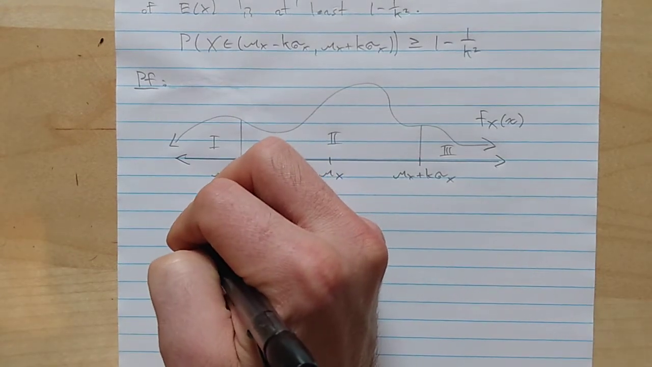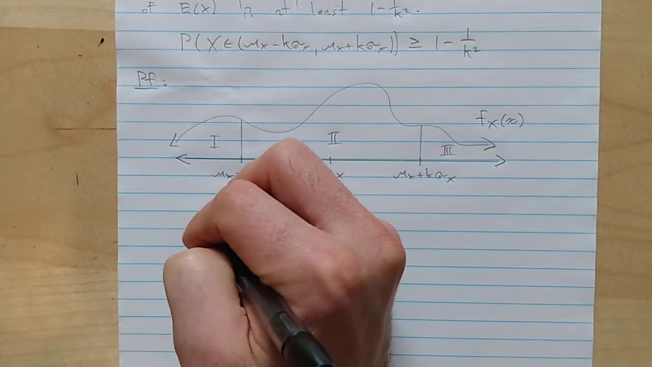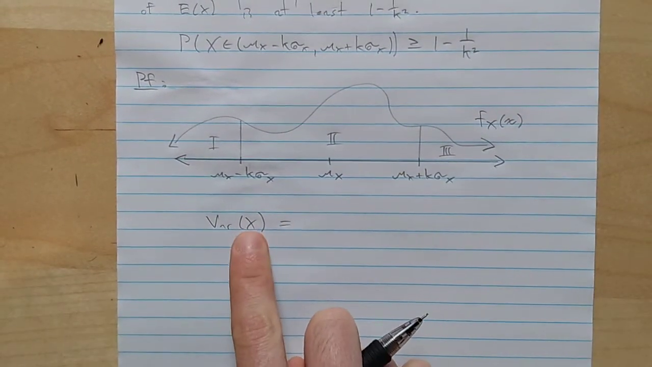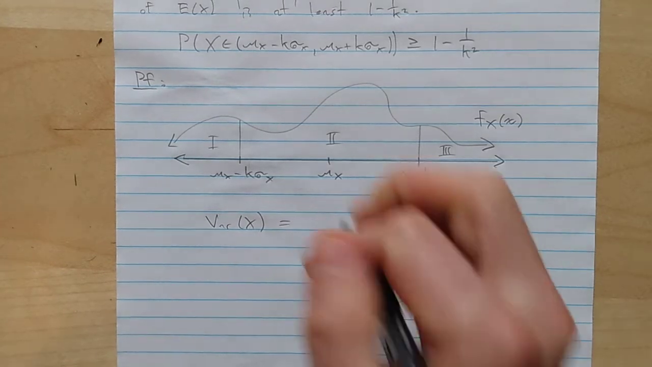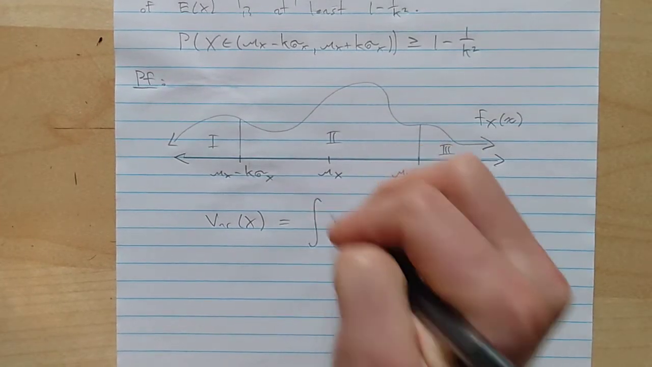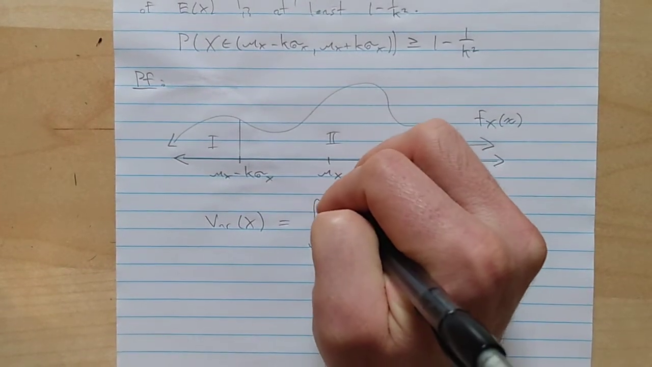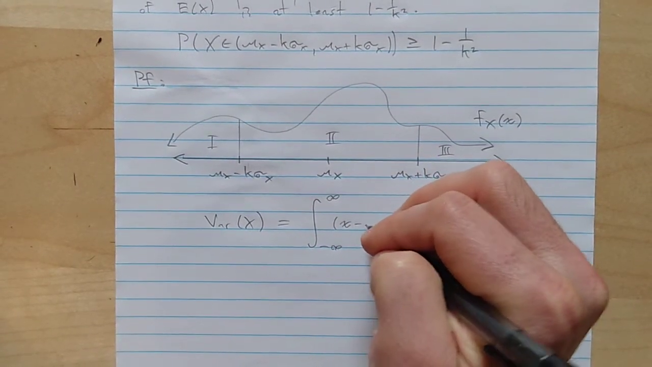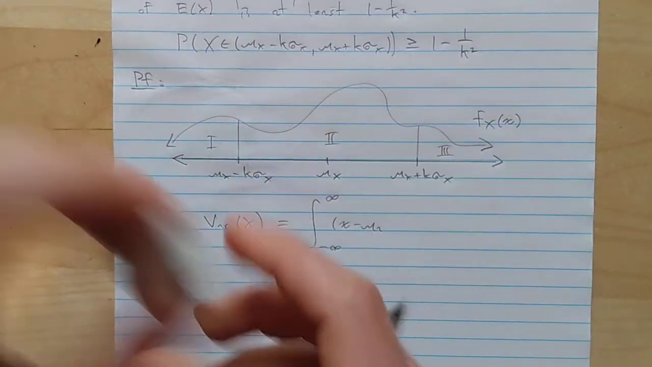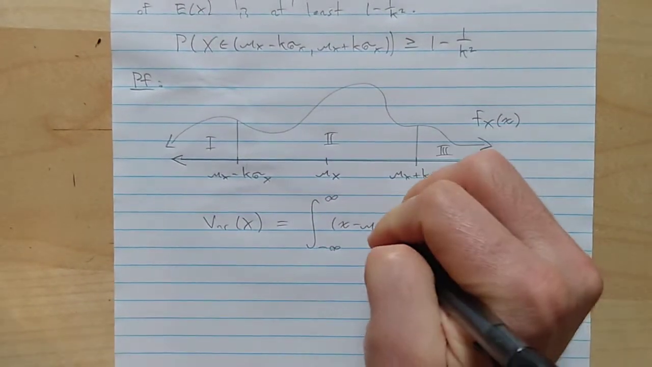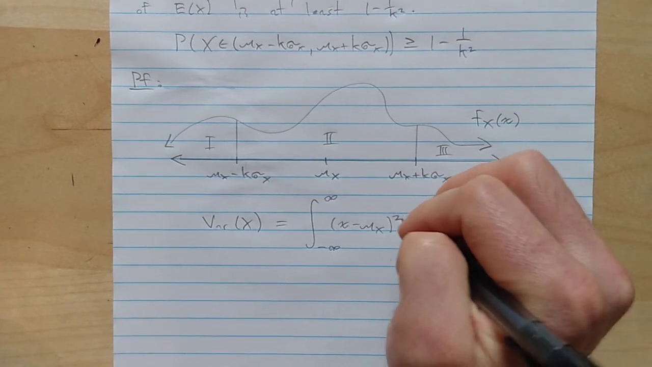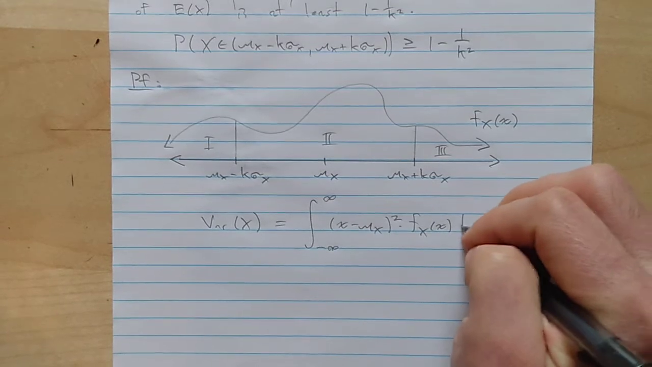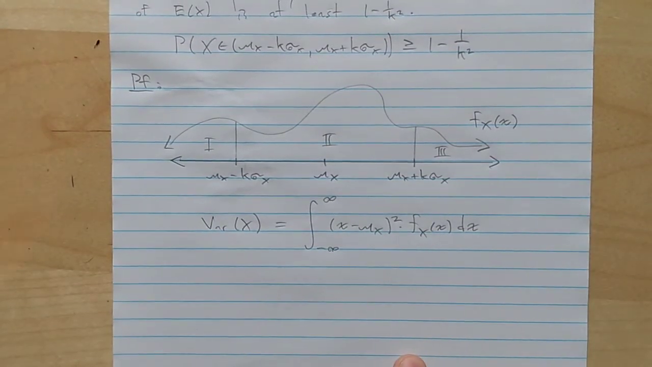So the proof goes like this. Imagine you're going to calculate the variance of x, and you'll see why I'm going to consider the variance of x in a sec. So the variance of x is going to be the integral over the whole real number line of (x minus mu x) squared times the PDF, there you go, dx. Okay,